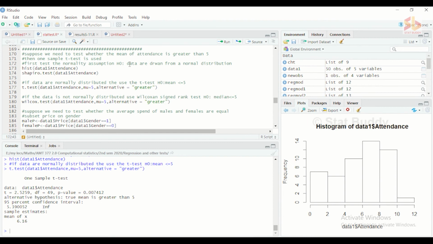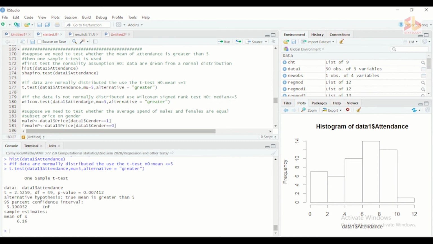Here we are performing the one sample test, so we can use the Wilcoxon signed rank test to perform this hypothesis test, where the median is less than or equal to 5. It is the same as the t-test.